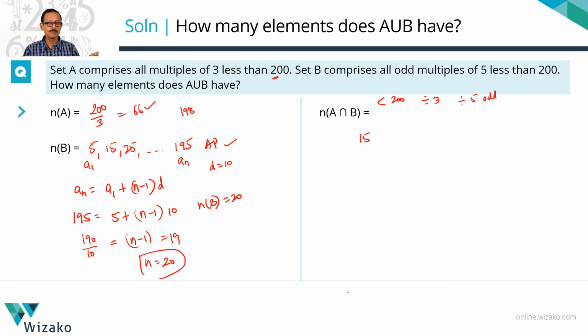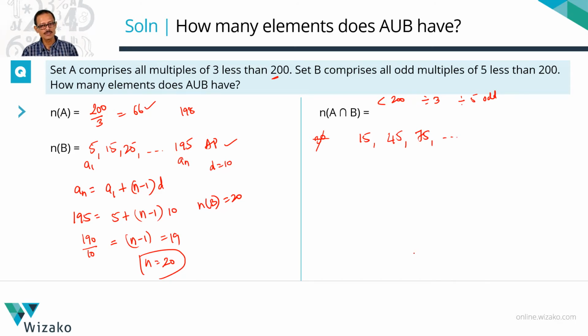If you had to go about it typically without this odd number constraint being there, the next number that is divisible by 3 and 5 would have been the next multiple of 15, which happens to be 30, but that's an even number. So we rule that out. The next number in the sequence is 45. The next number in the sequence is not 60 because 60 is divisible by 3 and 5, but it's not an odd multiple of 5. So next one is 75, so on and so forth.